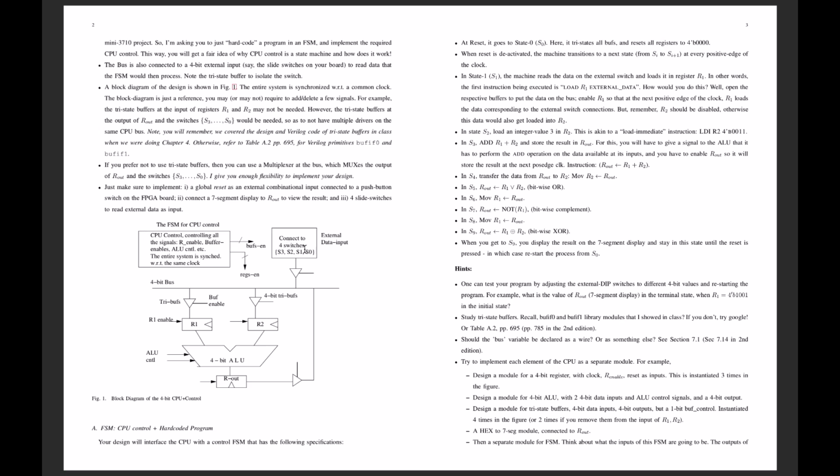After which you load the new value onto your switch, you turn on this tri-state buffer, so the values are available on the bus. You turn on this tri-state buffer, so now that value is available at the D input of R1. Turn on R1 enable so that the value is stored in your register R1. Again, it doesn't matter how many clock cycles you take, as long as you're able to get the value into your